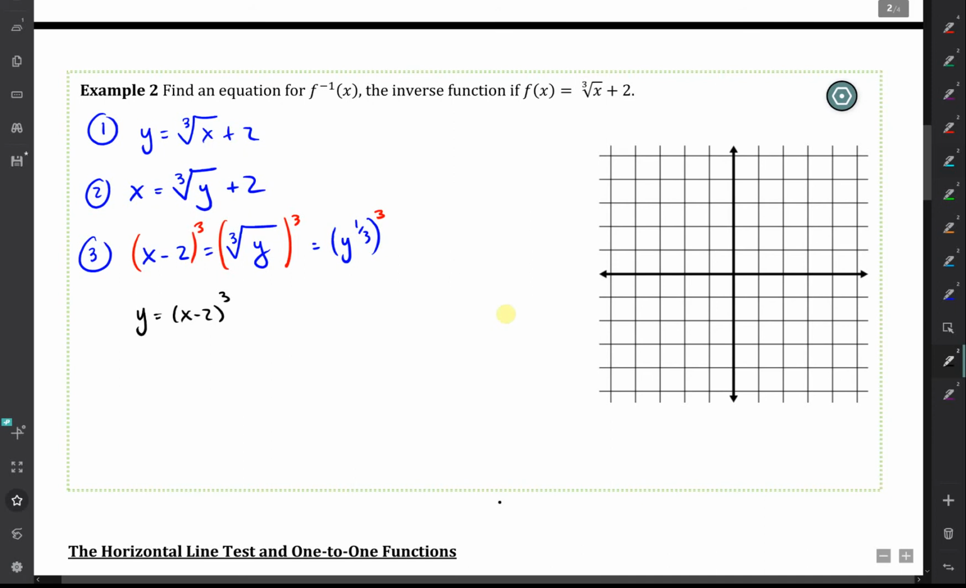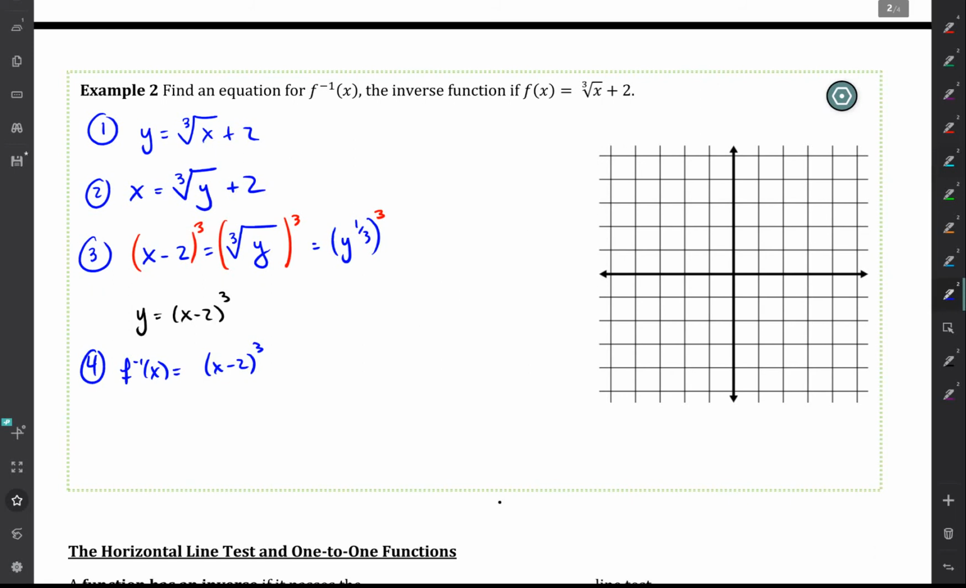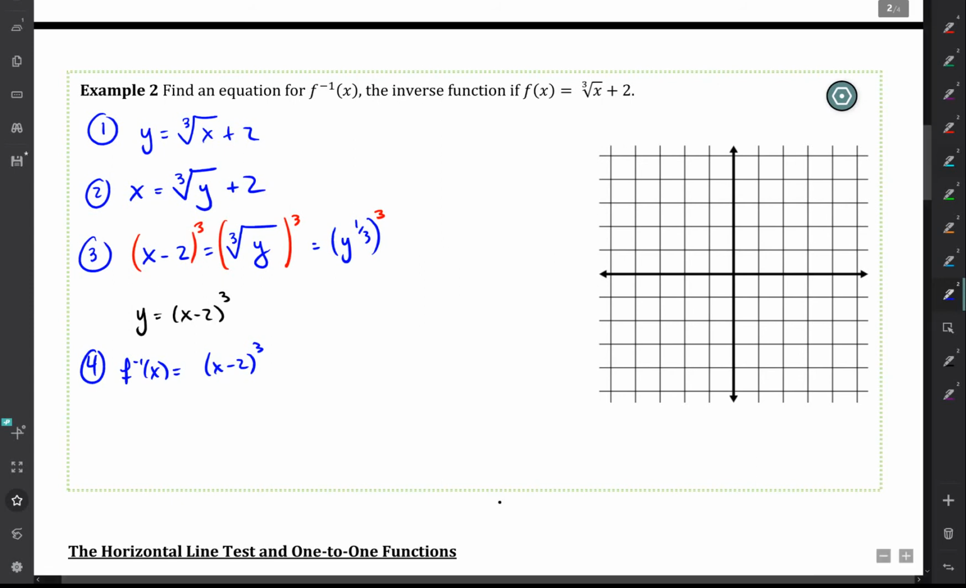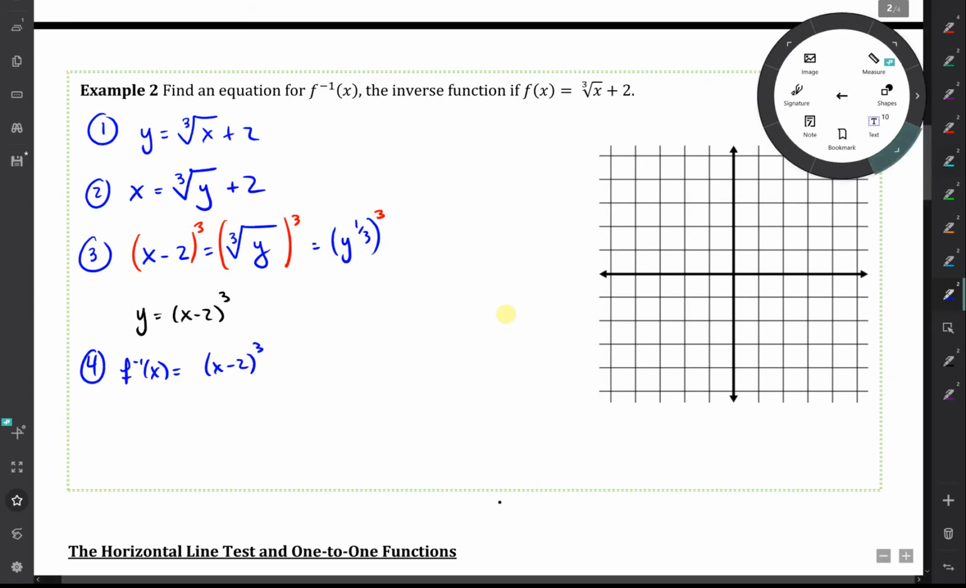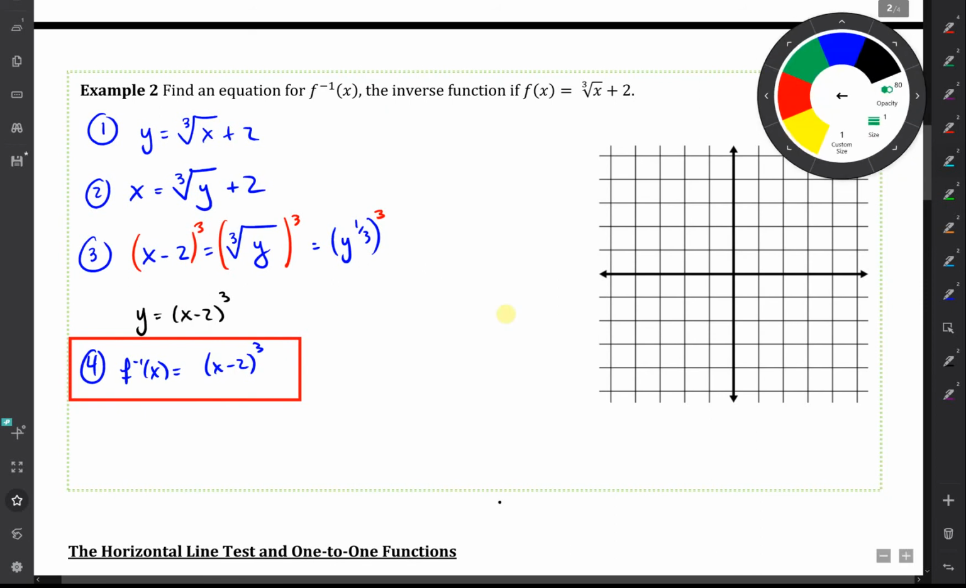So that's 3, and step 4 is to write this down as f inverse of x equals x minus 2 cubed. And of course I could FOIL that out if I wanted to, but for our purposes, x minus 2 cubed is just as easy to graph as if I were to FOIL this out. So I'm going to leave it in this form. Okay, so there's my f inverse function, and now I'm going to draw the line y equals x again,